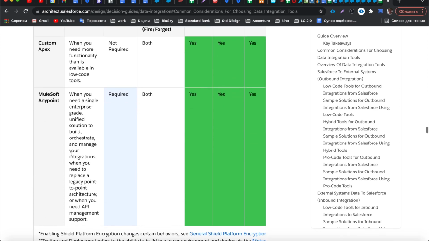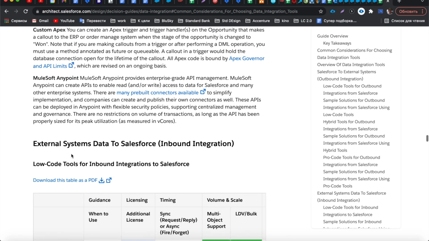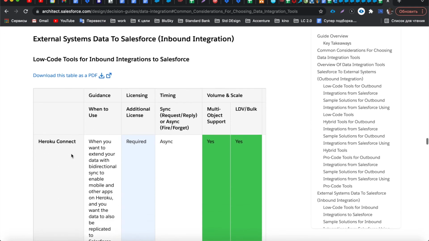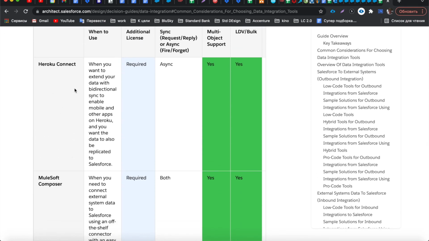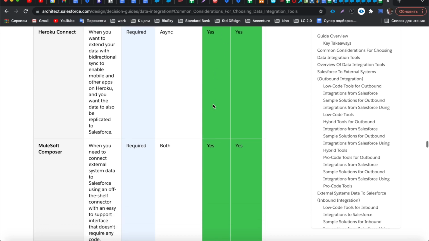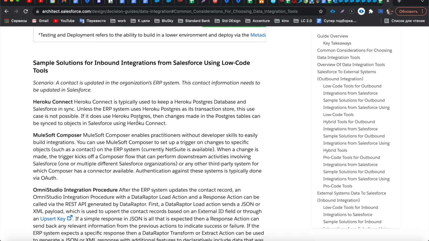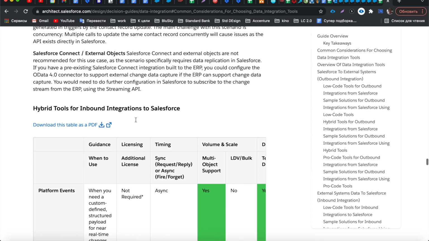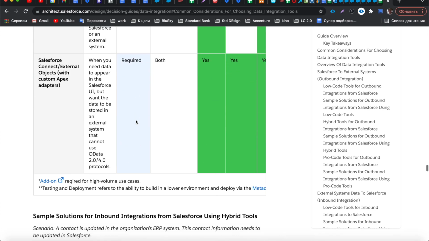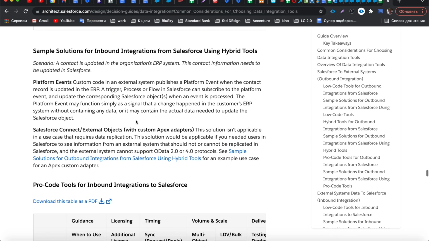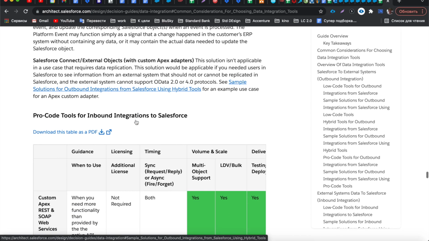Pro code tool, MuleSoft, external system data to Salesforce, right? How could we integrate it as well? Like, we have Heroku Connect, so when we want to extend our data with bidirectional sync to enable mobile and other apps on Heroku, and want data also to be replicated to Salesforce, as you can see, it's also multi-object supported, so no problem with that. Simple solution with low code tool. Platform event, hybrid tool. Yeah, so as you can see in this specific guide, what was done,